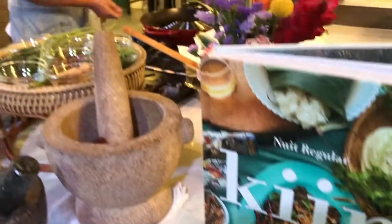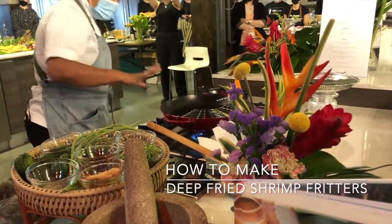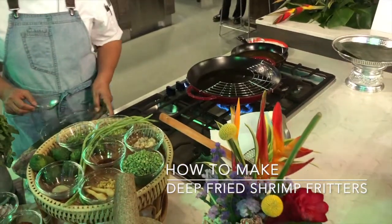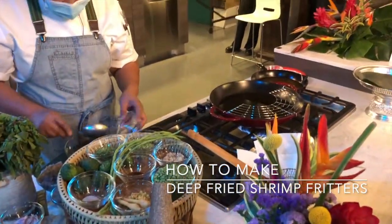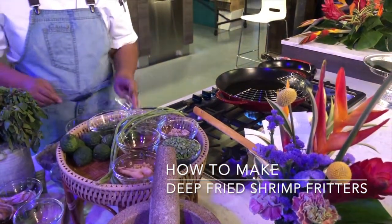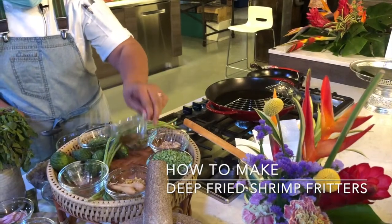This is very simple. You just click and turn it on, and then I will turn this on while I'm mixing the shrimp ball here. So the ingredients that I said earlier: the red curry paste that I made, and I have some white peppercorn, pepper powder here, light soy sauce,